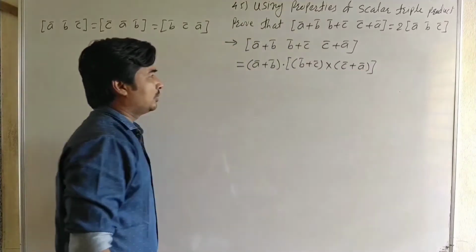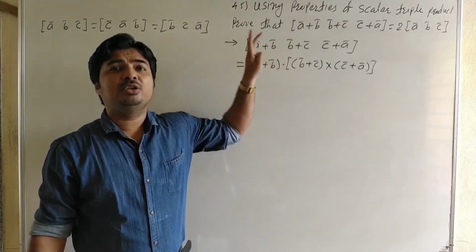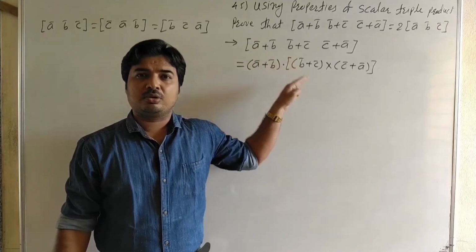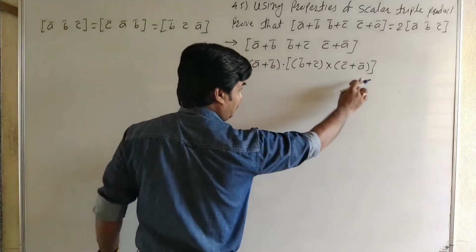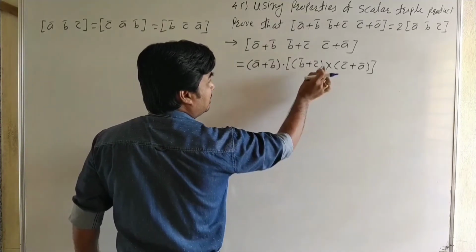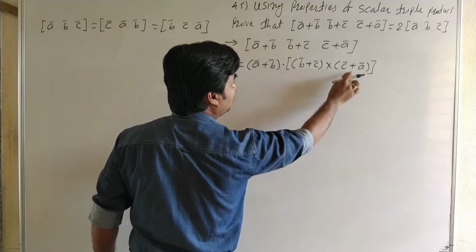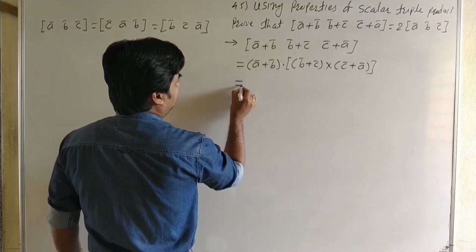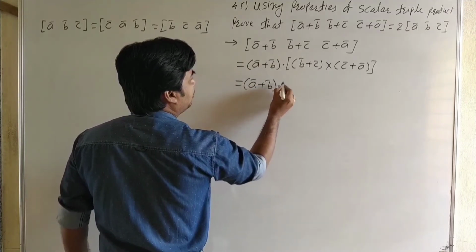Okay, here the product of vectors, that is the multiplication of two vectors, is of two types: the scalar product of vectors and the vector product of vectors. First we solve the bracket. In the bracket there is a vector product, that is the cross product. Take the multiplication of these two brackets, and it is a cross. Then it is a bar plus b bar dot.